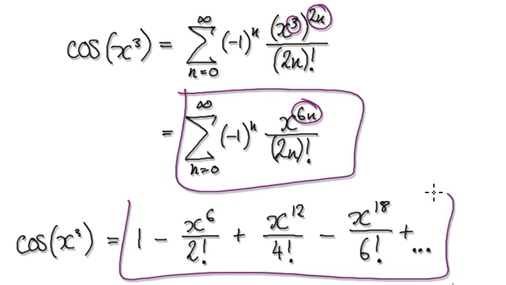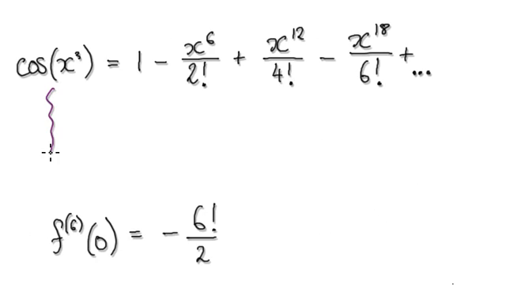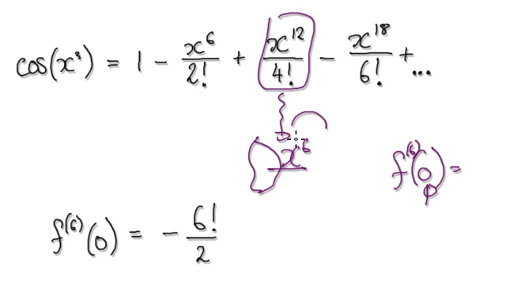visualize this. Now when you come to differentiate this 6 times, differentiating this 6 times is very complicated. When you differentiate this 6 times, this will disappear. If you differentiate this 6 times, you would get something over, and then something along the line of to the power of 6. And then when you come to evaluate it at 0,